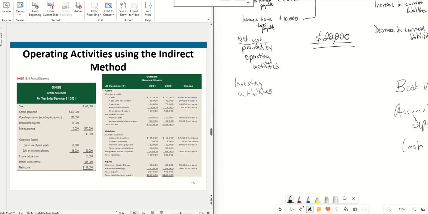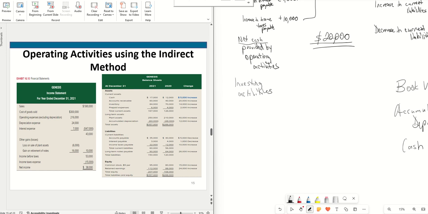So when it comes to investing activities, the focus is on long-term investments, such as plant assets, equipment, property like building, land, and we have to figure out again the cash amount that's either a gain or a loss, but we're only focused on the cash that's received or the cash that was paid out, specifically for long-term